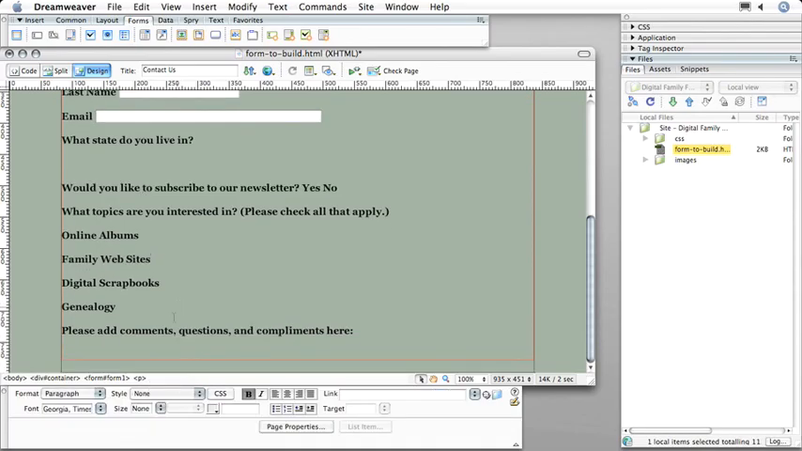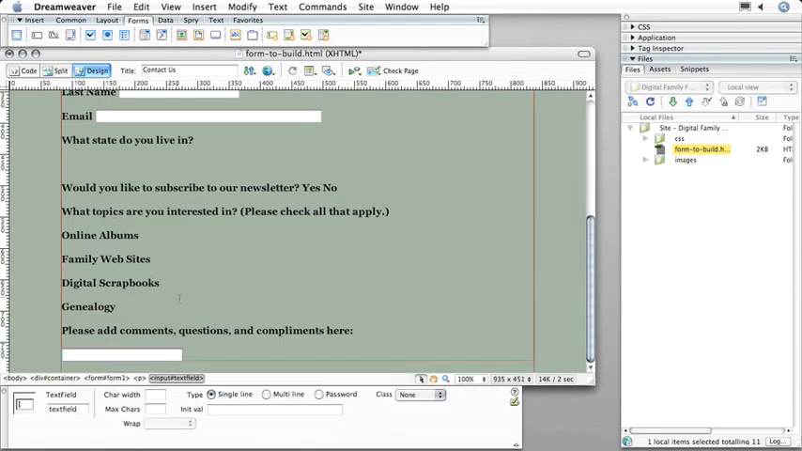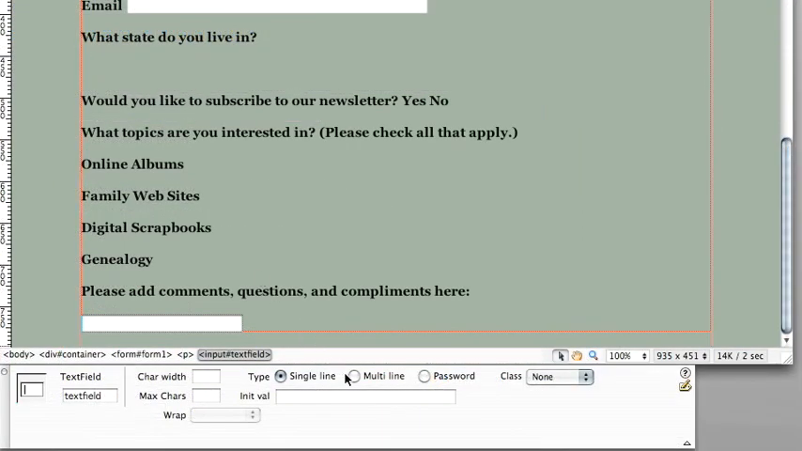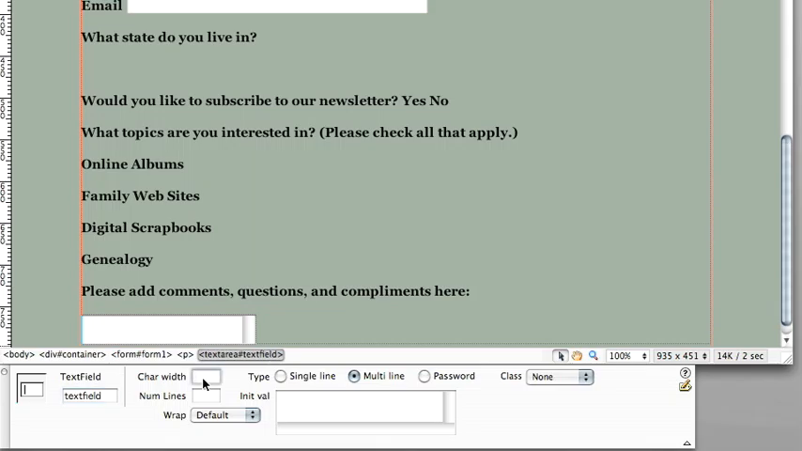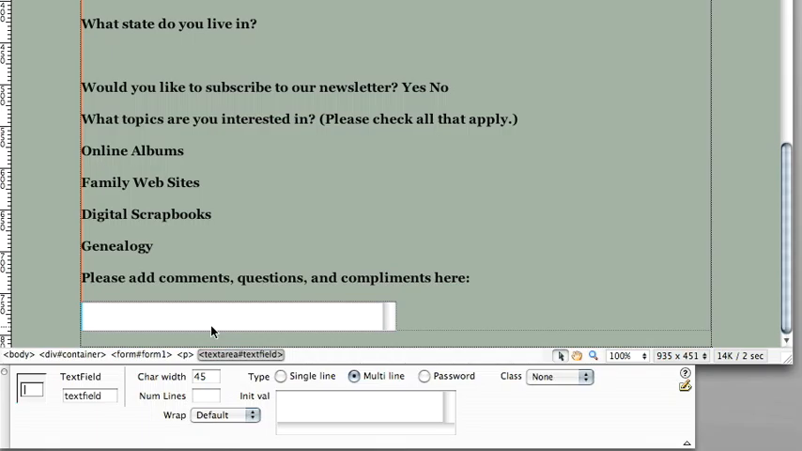At the bottom of the page, I have a place for comments, questions, and compliments. This is a good place to use a multi-line text field. So again, I'm going to insert a standard text field by just clicking on the text field button, but this time I'm going to choose multi-line, as well as setting the character width to 45. And if you leave the wrap setting at default, the user's text will automatically wrap when they reach the end of that space. You can also insert an initial value,